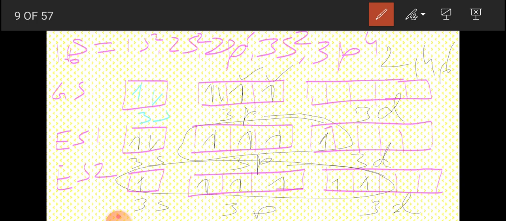Like this only you can do for chlorine. You can do it in your copy. For chlorine, the electronic configuration will be 3p5. Okay, first py electron will jump, then px electron will jump, then 3s electron will jump into d orbital. So we can get 1, 3, 5 and 7 half-filled orbitals, and we can say that chlorine shows covalency 1, 3, 5 and 7.